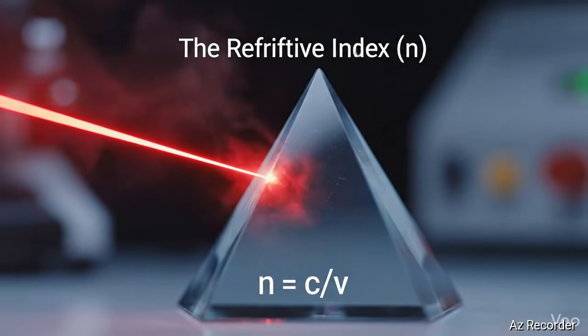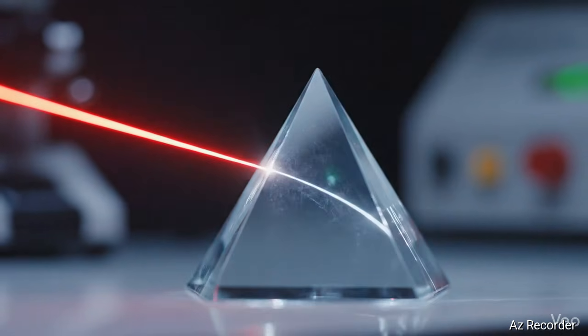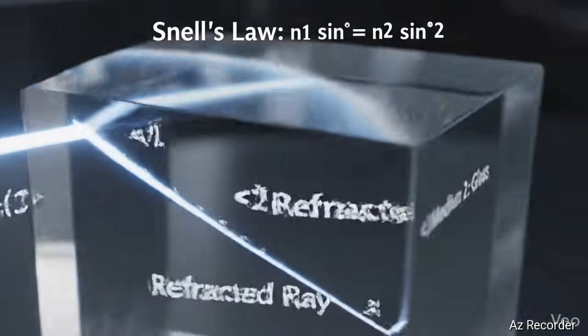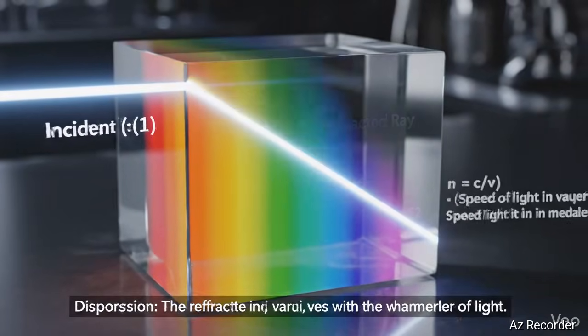The refractive index, N, determines how much the light bends. As the beam enters the prism, as light passes from one medium to another, it changes speed and direction. This relationship is described by Snell's